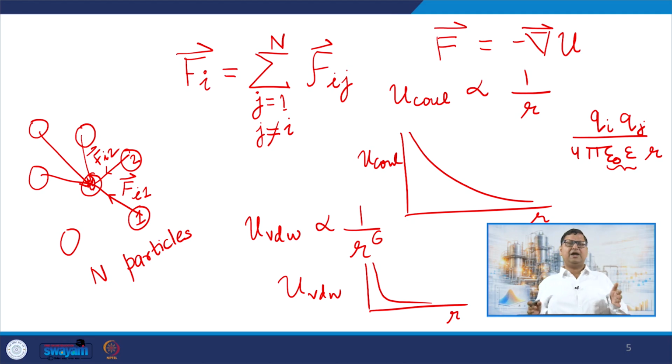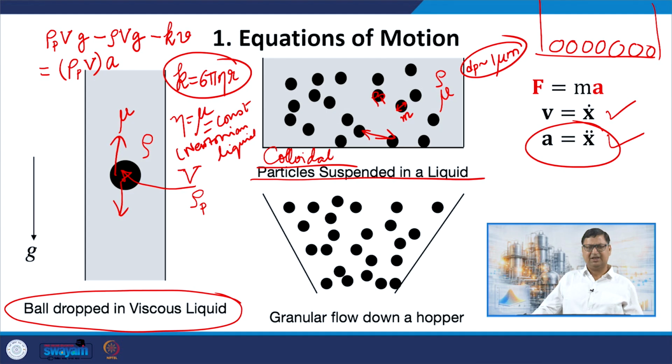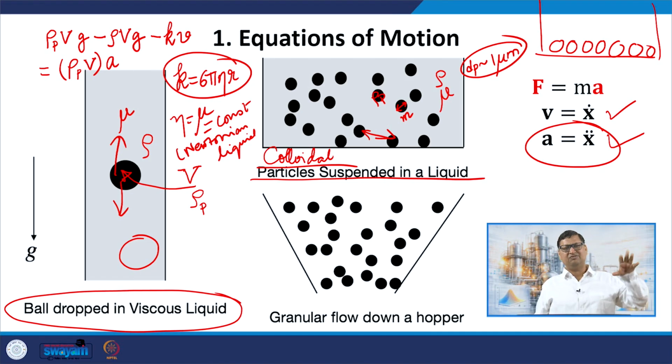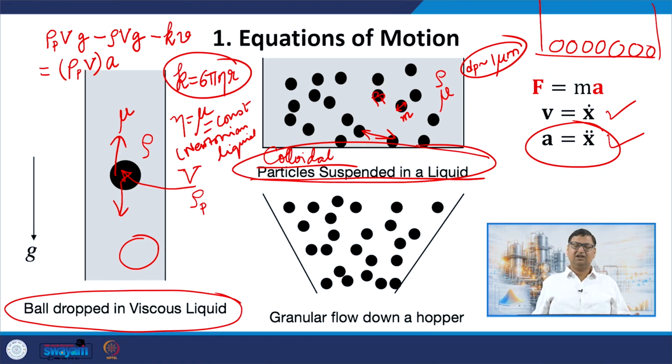So, only when we look at smaller particles at small distances do these forces come into play, and therefore, they are not considered when there was a ball falling under gravity in the example there. There may have been other balls there, but the interparticle interaction between them is not important in that problem, because the balls are big enough and the distances are fairly large, right. So, this is the second problem, where the gravity, the buoyancy and the viscous forces are still there, but